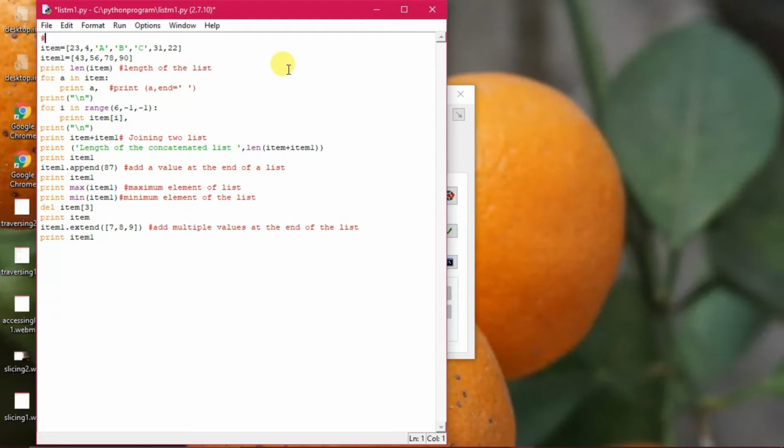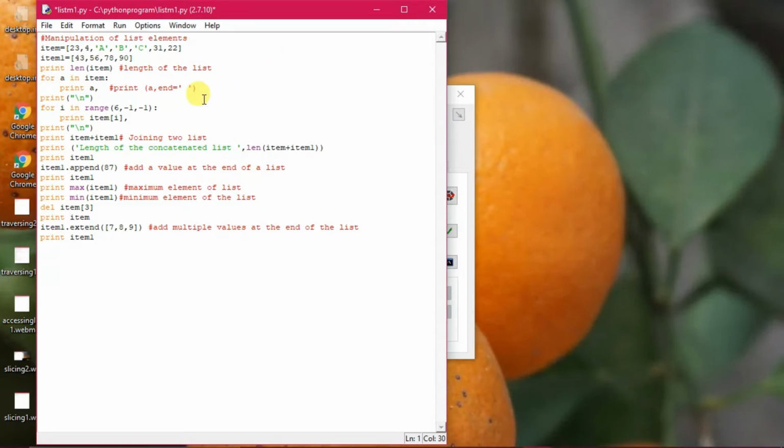Now, this program is actually the manipulation of lists. It has been designed in order to understand each and every command, as well as how the outputs are generated, and how you will handle it if this kind of statement is given in the program in the exam. So manipulation of list elements is the subject of the program.